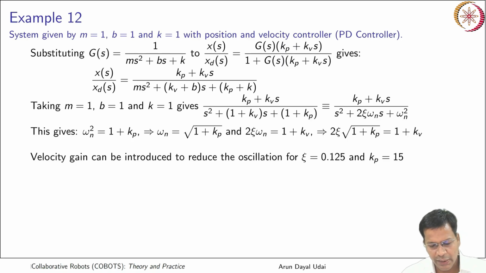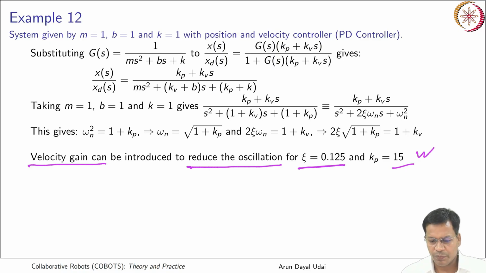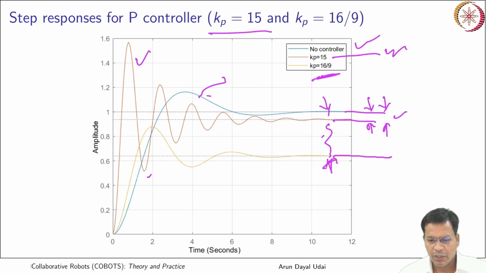Velocity gain is to be introduced to reduce the oscillation. Let us take the better one for that reason, that is kp is equal to 15. This was the case that we want to enhance upon. Let me first show you the plots. So this was kp is equal to 15, that is the red one. This is the oscillation. It took you very near to the commanded value. I want to reduce the oscillations first, but I also want a value better and nearer to the commanded position.